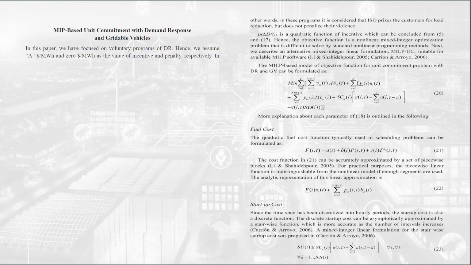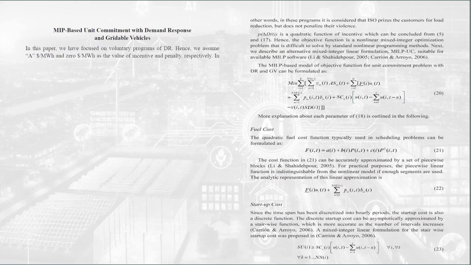MIP-based unit commitment with demand response and gridable vehicles. The model has focused on voluntary DR programs. It is assumed that A and $0 per megawatt hour are the values of the incentive and the penalty, respectively. In these programs, the interconnected system operator, ISO, rewards customers for the reduction in load, but does not penalize